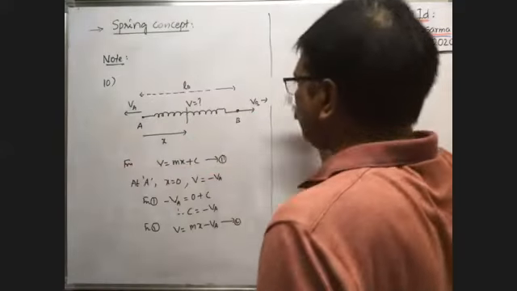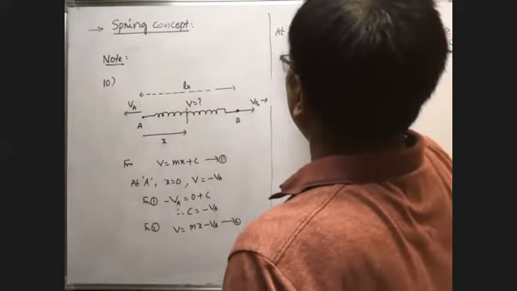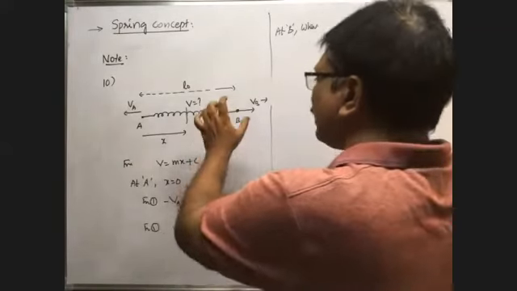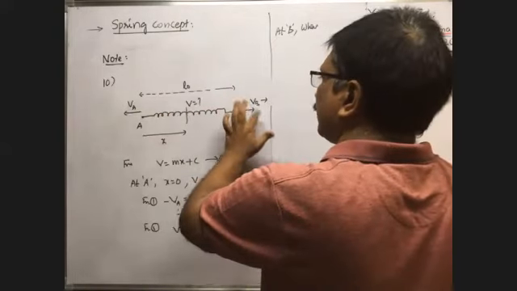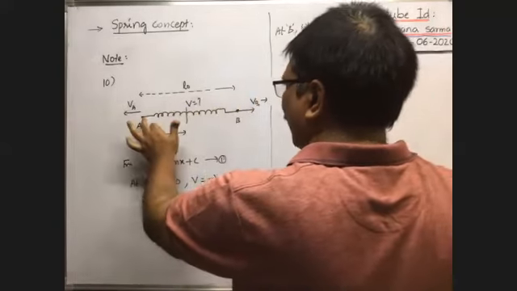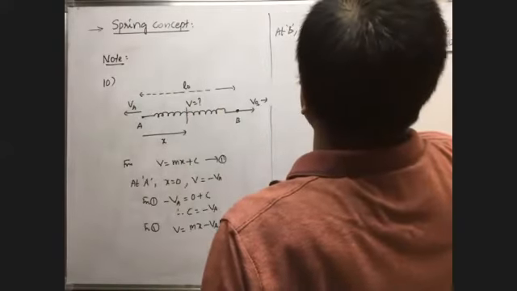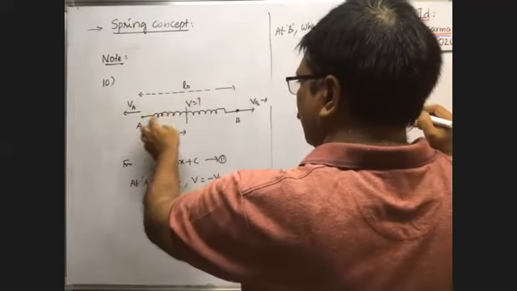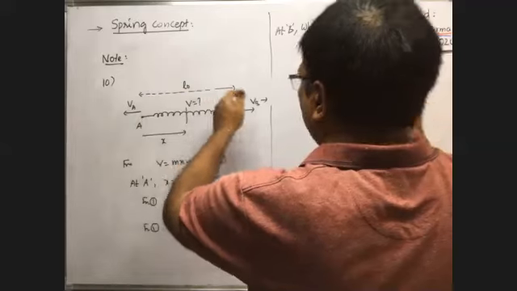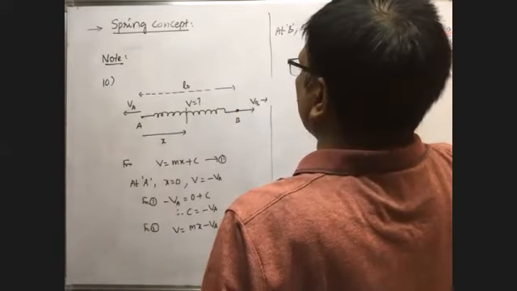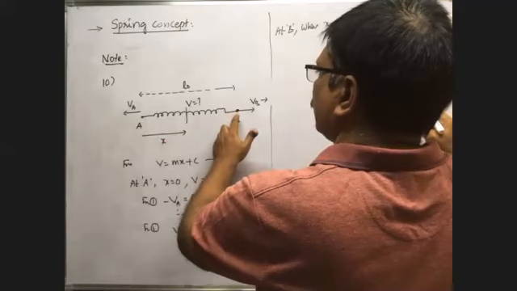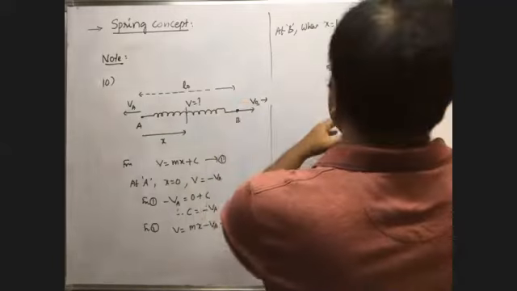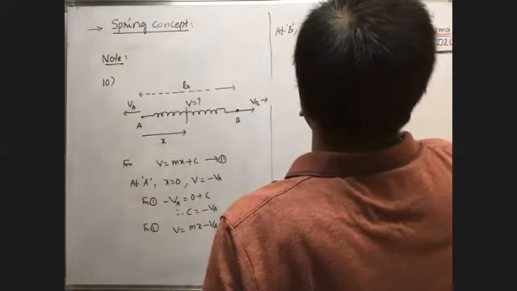Next, at B, at the instant when the velocities of the two ends are given, the distance of B from the end A is equal to L0. So x is equal to L0 now. At the instant when the two ends have velocities like this, the distance of point B from end A is L0. When x is equal to L0, this point lies here, and it has velocity VB towards the right. That's why we have to write V is equal to VB.